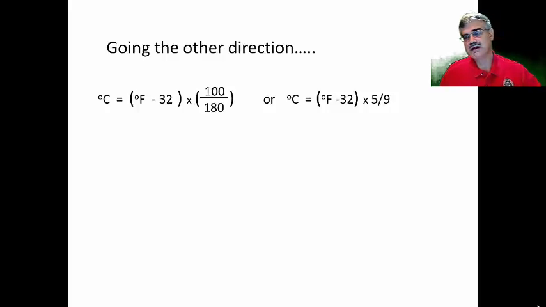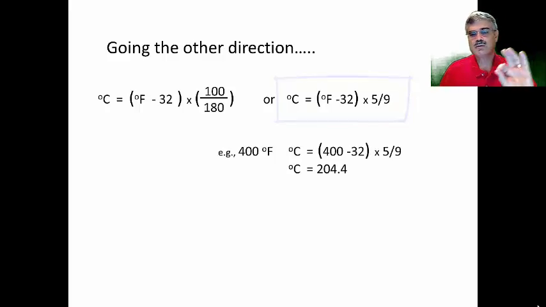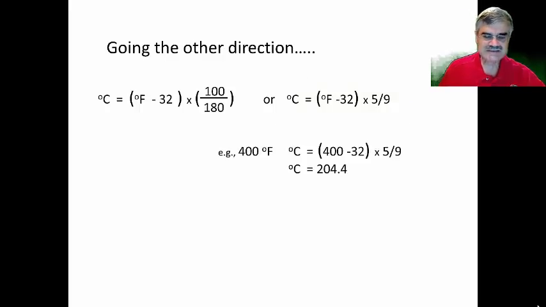And instead of multiplying by 180 divided by 100, we flip that, and it's by a factor of 100 divided by 180. And the more familiar way in which we see this equation is shown to the right, where we convert the 100 divided by 180 to 5/9. And as an example, let's say that